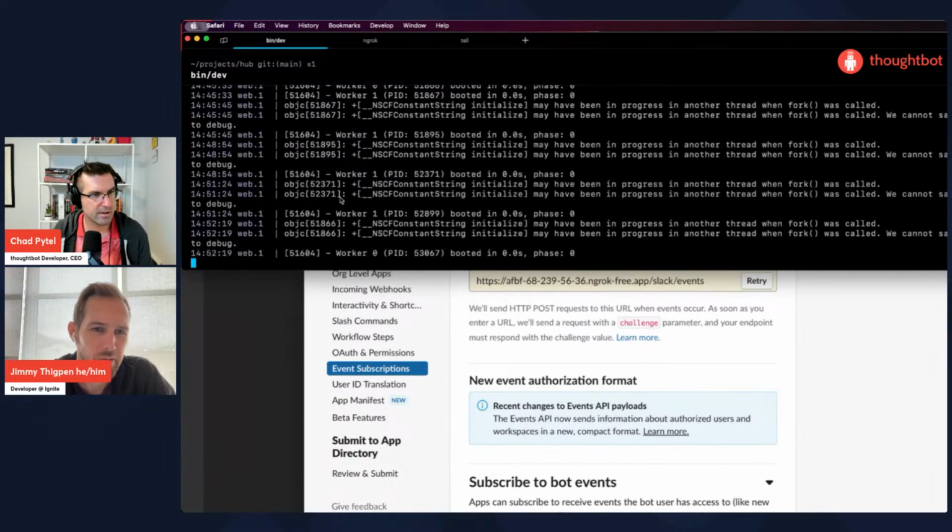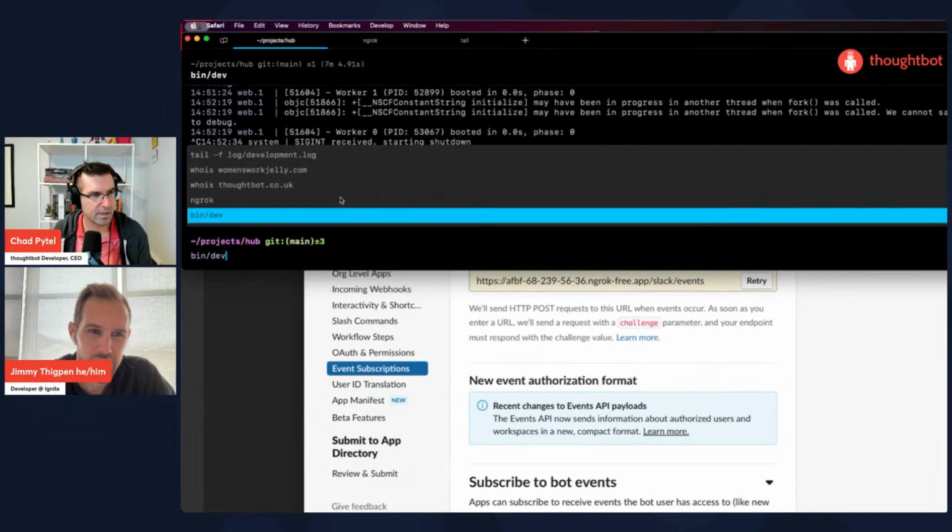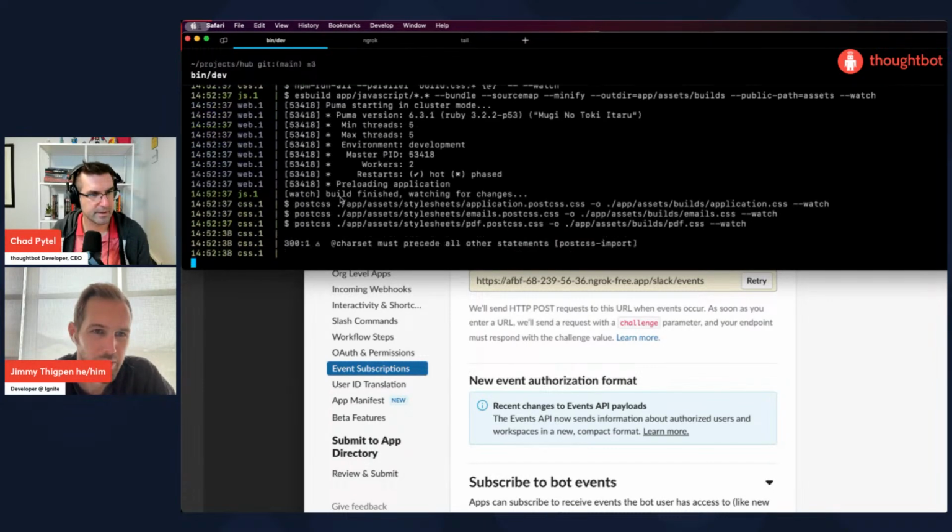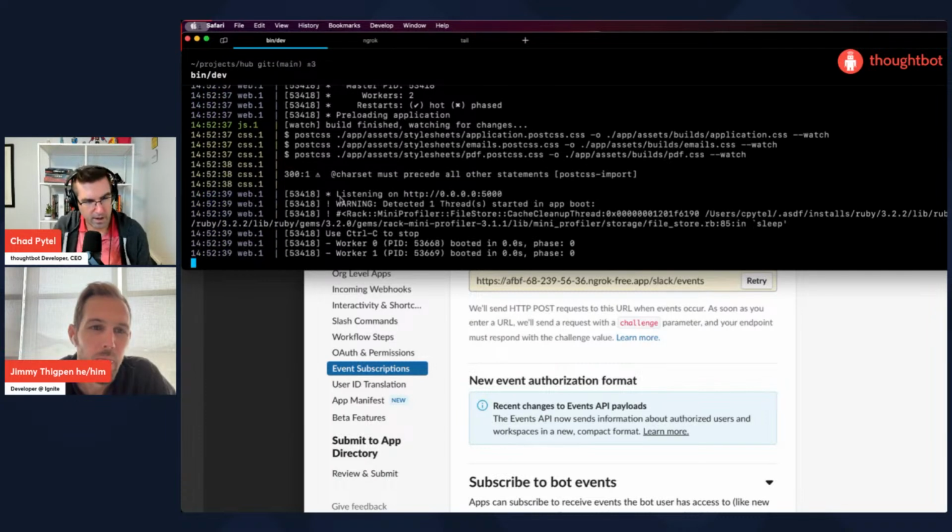Is this an issue when working with other services that post to Slack or post to Hub? So I'm not sure that I have. We do have other services that send webhooks to Hub. I'm not sure that I have recently done that in development. Mm. The last time I did it, I didn't run into this.